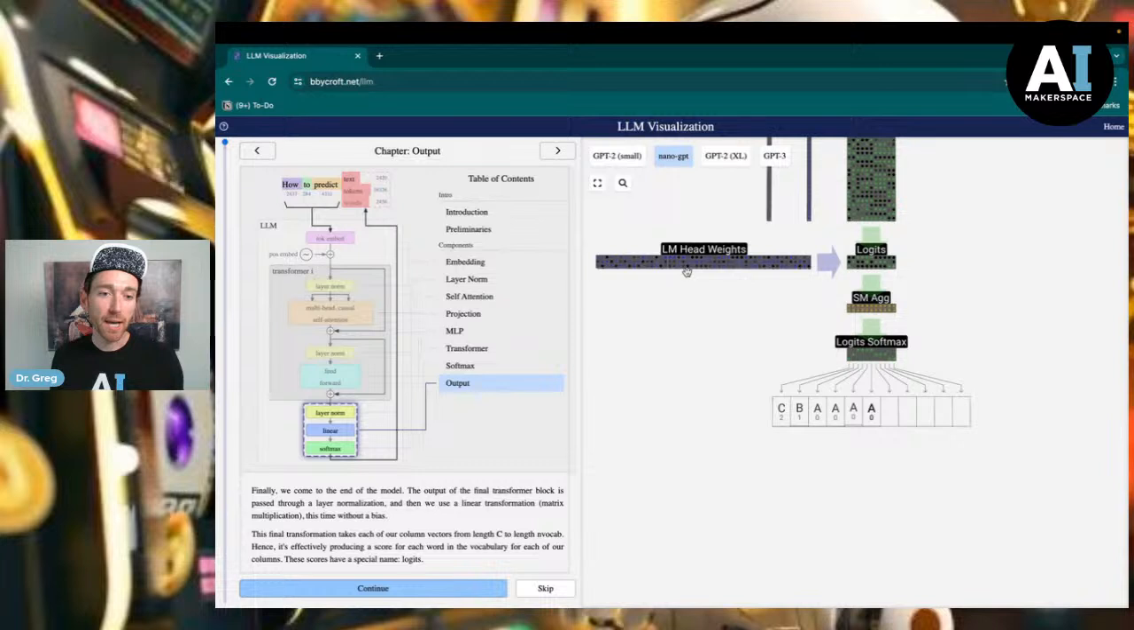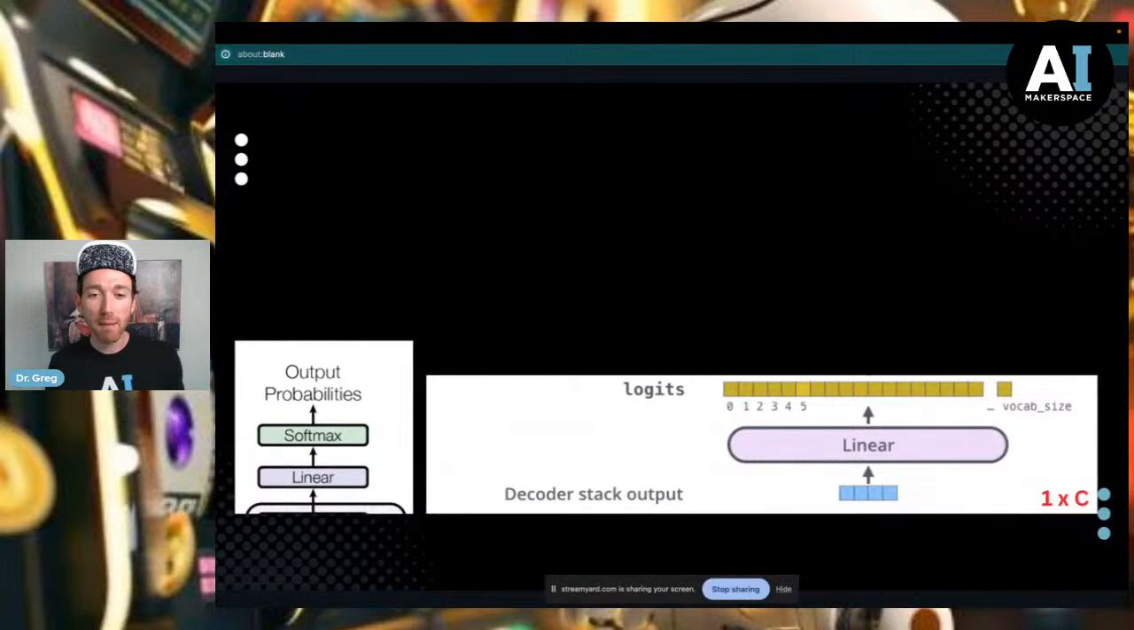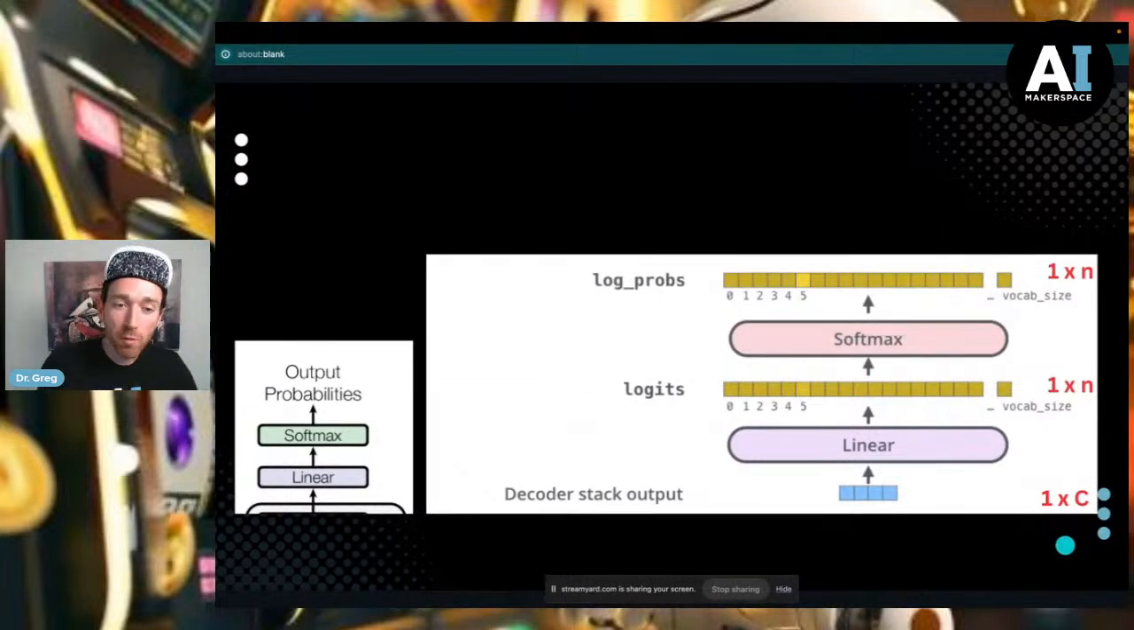But instead, what we have is just this 1 by C instead of T by C. And so what happens is we end up in a space where we now have a 1 by C times a C by N, giving us a 1 by N. And that allows us to take our unnormalized Logits and then normalize them, softmax them